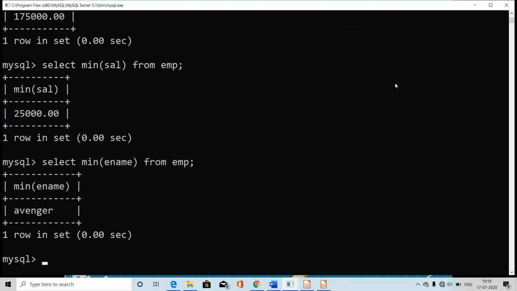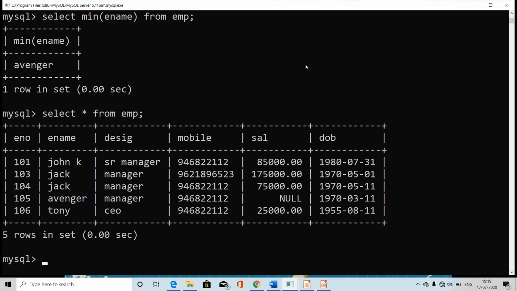If I say MIN(ename), I get Avenger. It starts from A, and let us see the table. So yes, A is the first, minimum alphabet or string that is available. So the output is Avenger. Let us see MAX(ename).